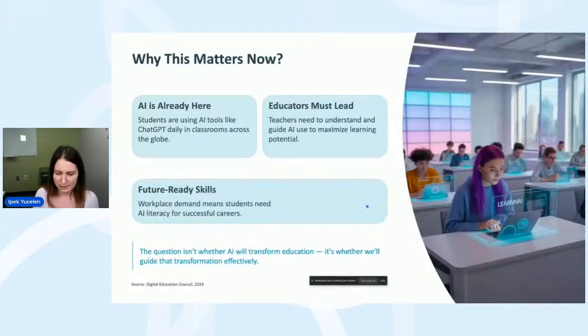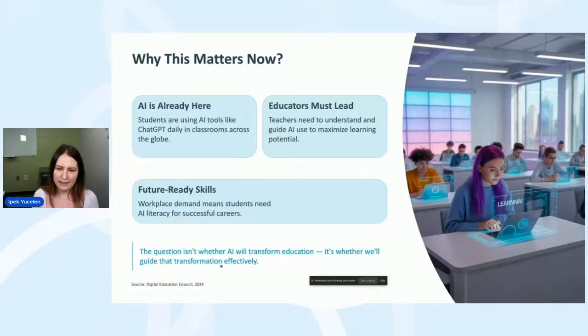Why does this matter now? According to a recent survey, the source is right there, already 86% of students are using AI. So AI is not going anywhere. We know that it is already here and the students are already using it, especially AI tools like ChatGPT.